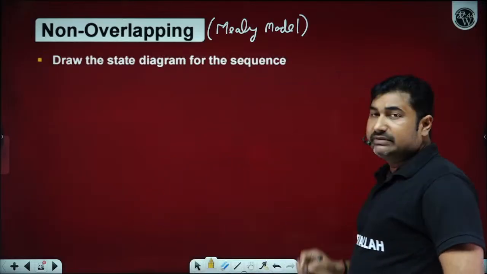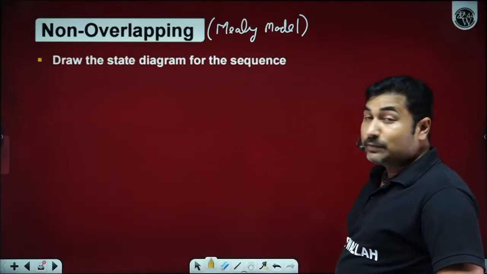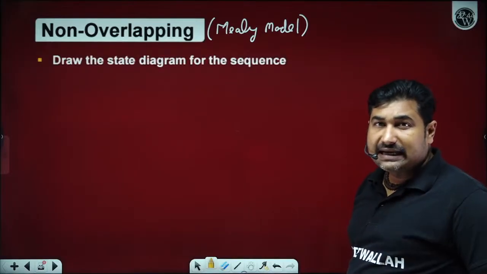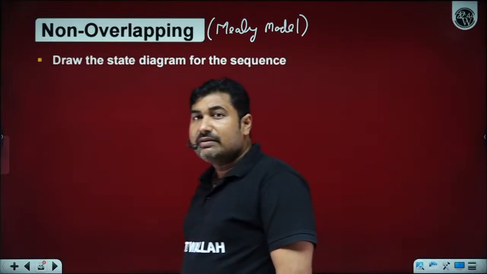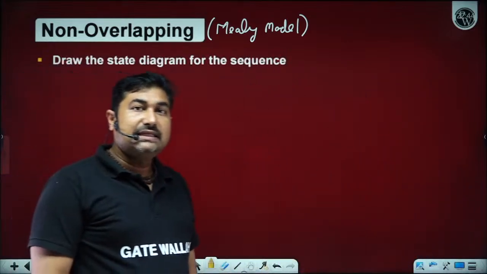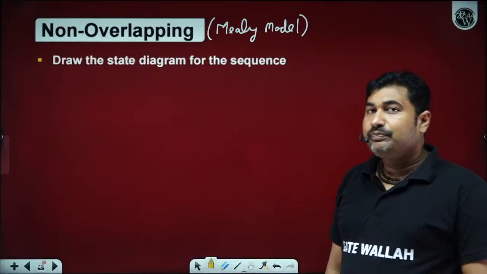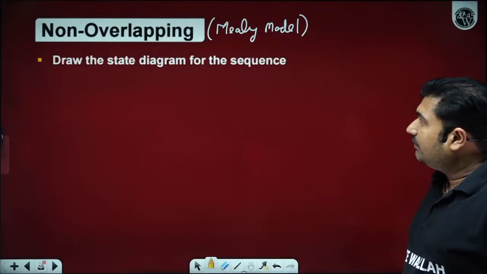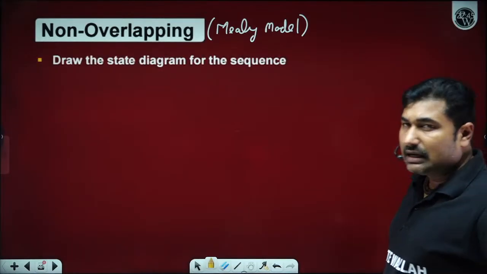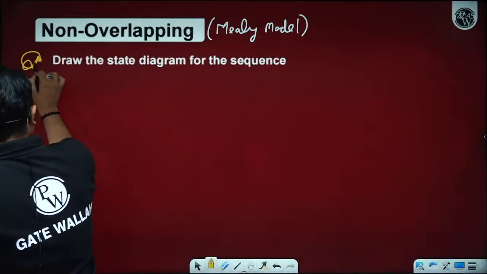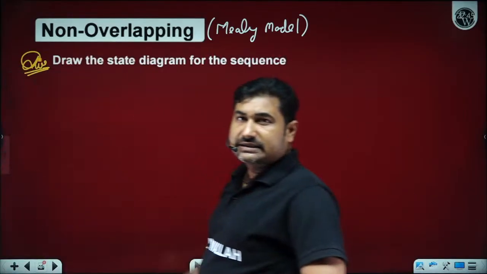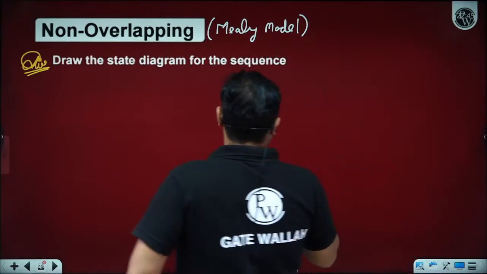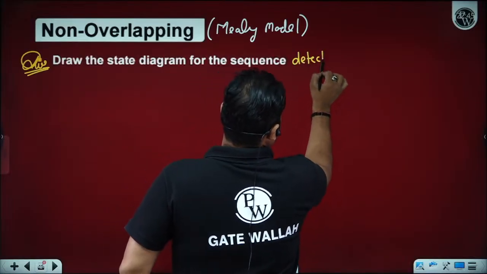Let's try to understand with the help of one question. Suppose we have to draw a sequence detector by using the Mealy model. So how can we design a sequence detector by using the Mealy model? Please observe. First, draw the state. I am considering it as a question, so please write it like a question. Draw a state diagram for the sequence detector for the non-overlapping sequence detector,